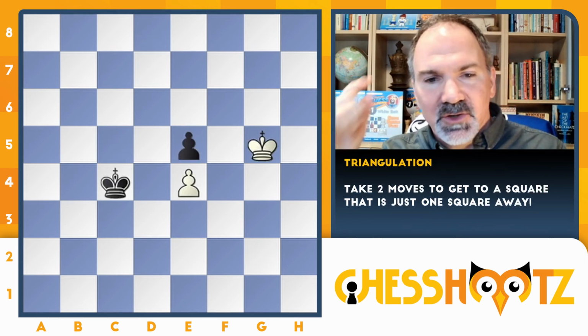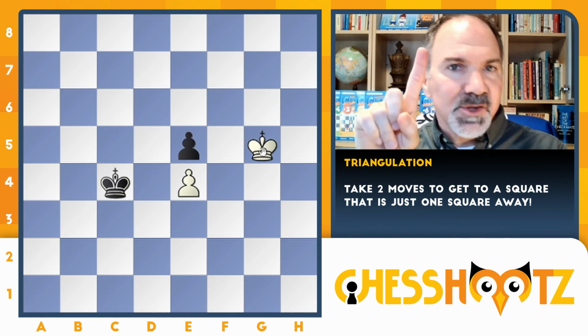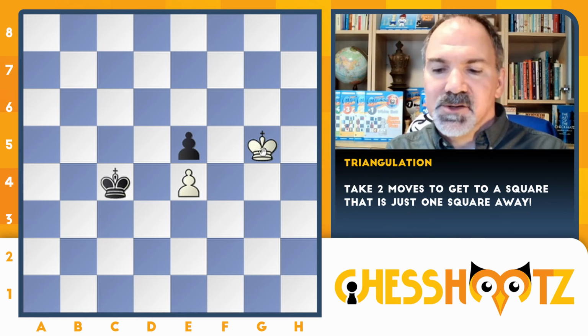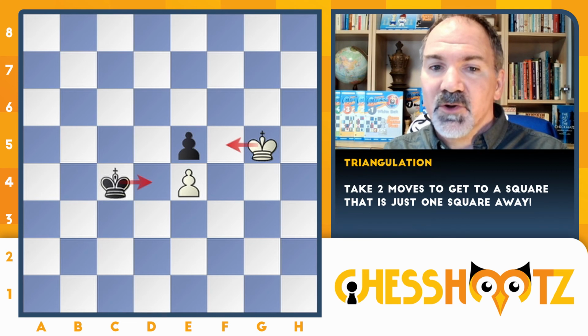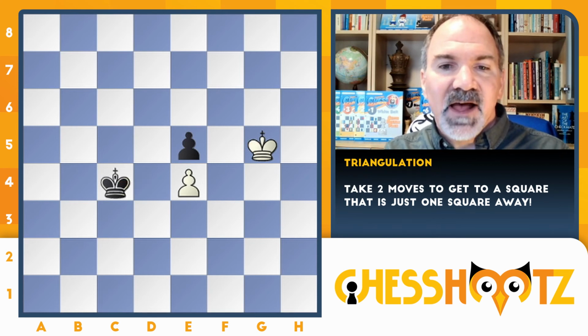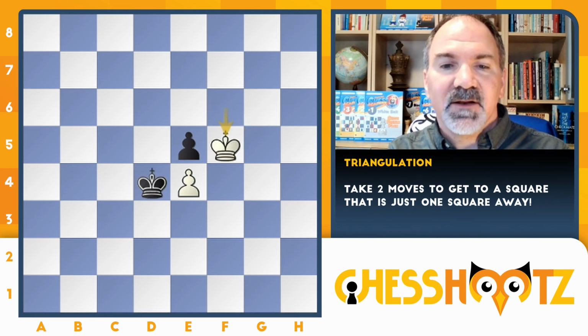Okay, triangulation. Triangulation is a simple idea of getting to a square that's 1 square away and getting there in 2 moves instead of 1 move. And so if you go right now to f5, black plays king d4, you're in Zugzwang. You have to move away from guarding your pawn, and you will lose. But if you get to f5 in 2 moves, and the first move has to be forcing, if you go king to f6, attacking that pawn, they have to come in and defend, and then same exact position, now it's